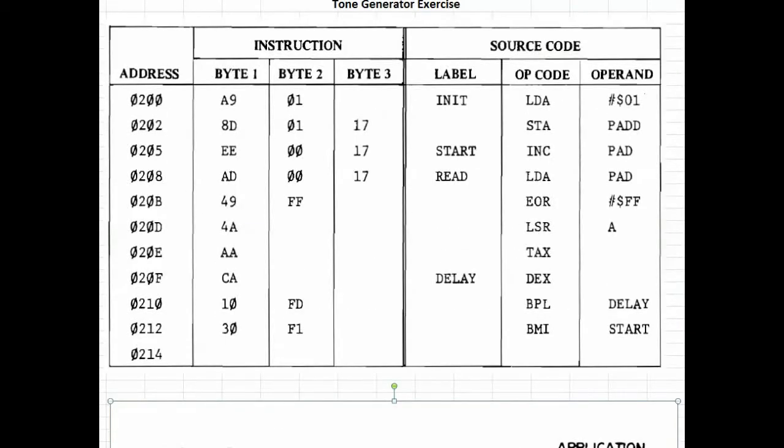Here's the code for creating this tone generator exercise. It's the same code that we've been storing and restoring from tape, but now we're going to actually look at the actual code, what that A9 does, and that 01 and that 8D. Okay, so if you just want to install the program, just put these machine language codes into your KIM-1 and it'll run fine. Here's the actual assembly language, and it initializes by loading 01 into LDA, or into the A